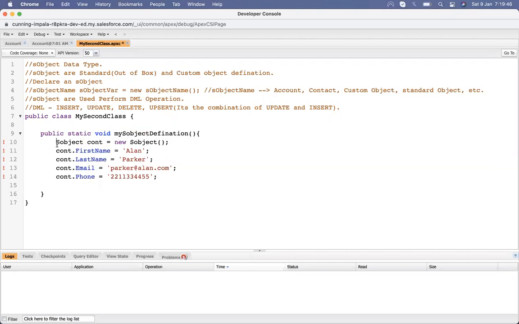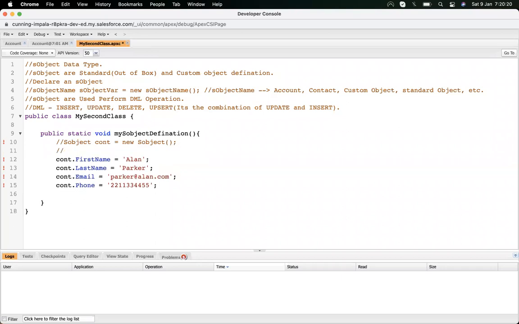Once we get familiar with the S object, then I will show you how this S object relates to all of these objects. Actually, it's a general term. S object is the term that contains all of the standard and custom objects. I'm just using one of those standard objects to show how we use the S object's configuration to create a record. So here you are still calling this creating a record? Yeah, I'm calling this creating a new record, not creating an object.